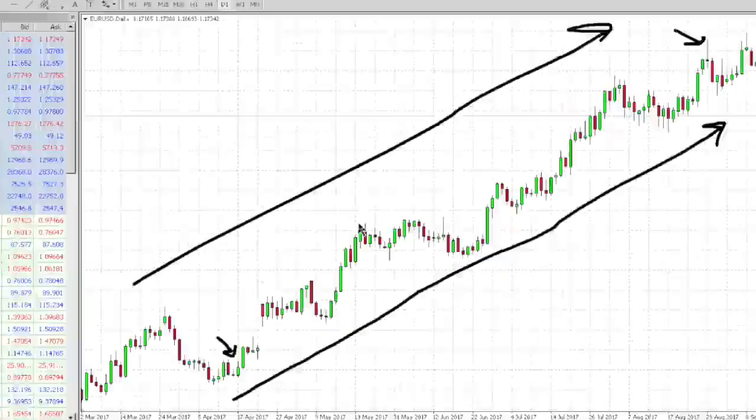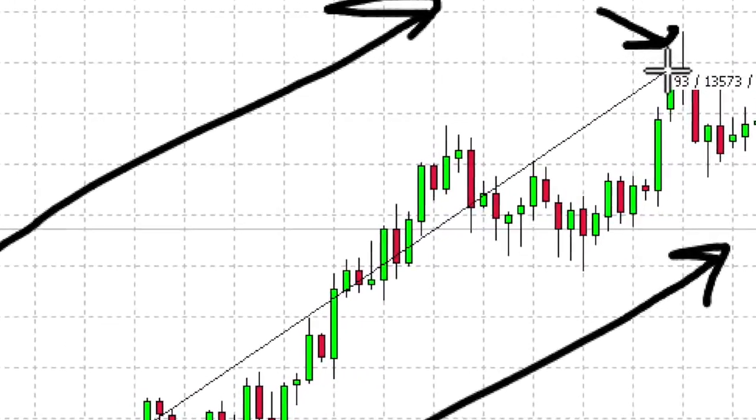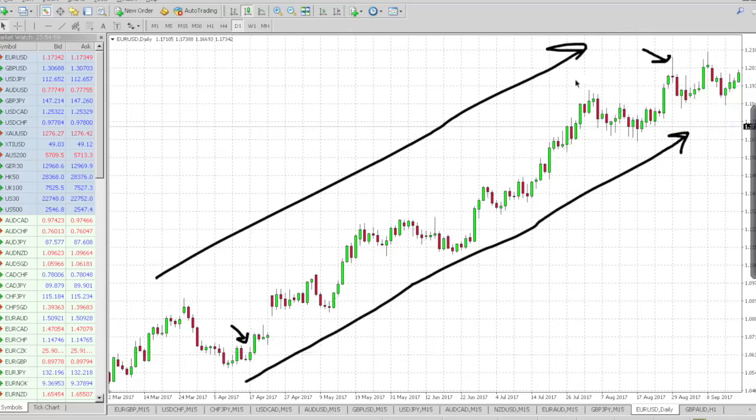613 pips. Okay? So which means that if you were to buy here, all the way, and you sell it there, how many pips is that? That is 1,357 pips, right? Because the 3 at the end, 13573, ignore the 3 because that is a fractional pip. So again, 1,357 pips. So you can see that for a long-term position trader, right, they are in it to capture 1,000 pips, 500 pips, 2,000 pips. Okay, so to do that, you have to be in a trade for a couple of months. Okay, so that's position trading.